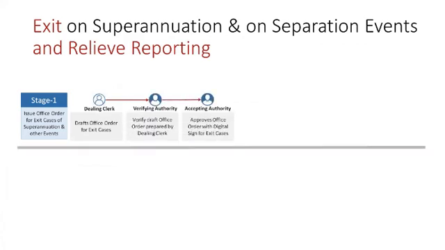In case of superannuation, generally a list is issued 6 to 8 months prior to the retirement of the person. So you issue the order with the date that the person is going to retire from so and so date, with approval of the competent authority. The accepting authority signs on the order and it is issued.